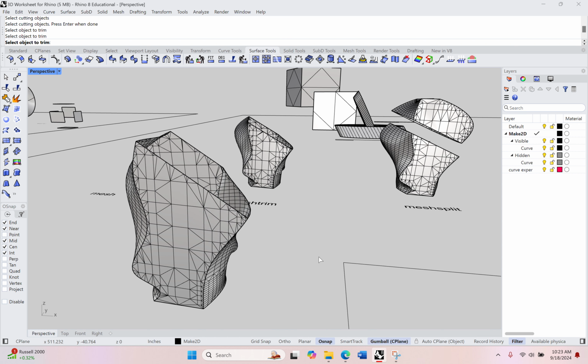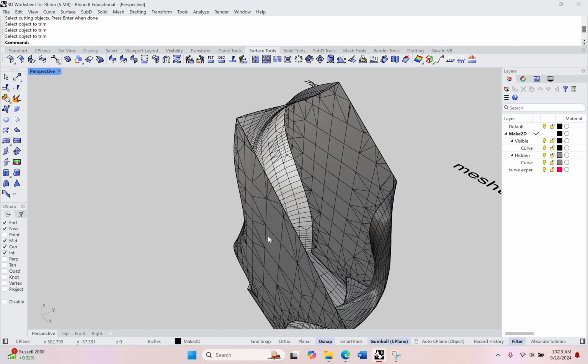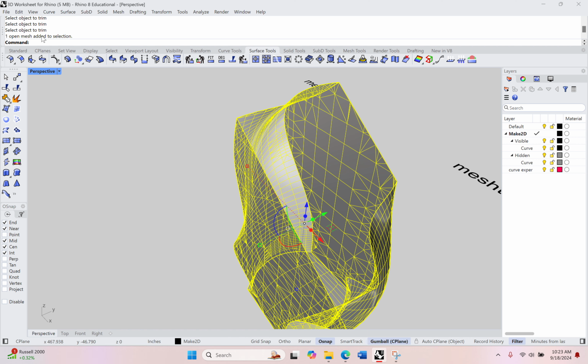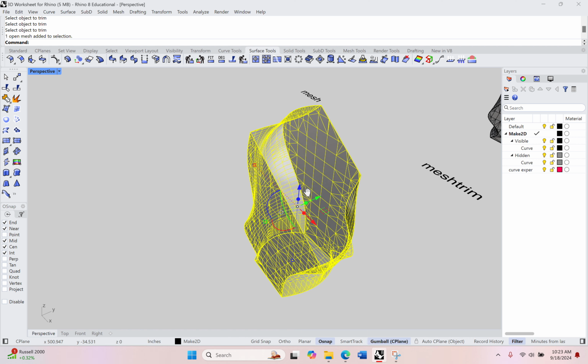And enter to complete the trim command. Now I've got an open mesh. So if I click on this, one open mesh added to selection. What if I Control Z, bring all this stuff back, and do